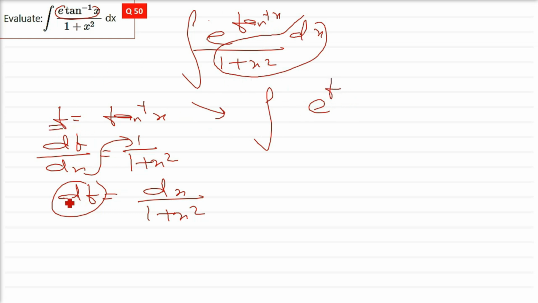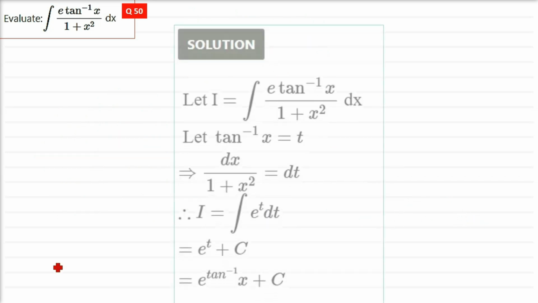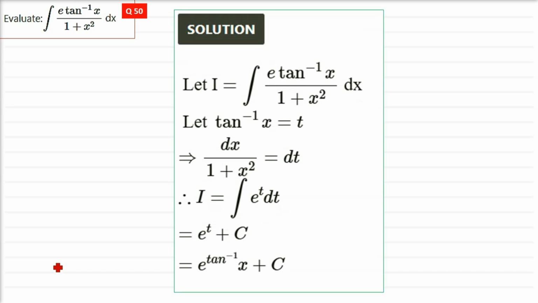So this is now a simple integration of e raised t dt. E raised t will always be e raised t, so e raised t plus constant of integration. Now t was taken as tan inverse x, so e raised tan inverse x plus a constant of integration is your final result. So this is the way you are going to write it. All these questions which we are doing are direct results. I mean, you know that differentiation can give you the other part of integral,